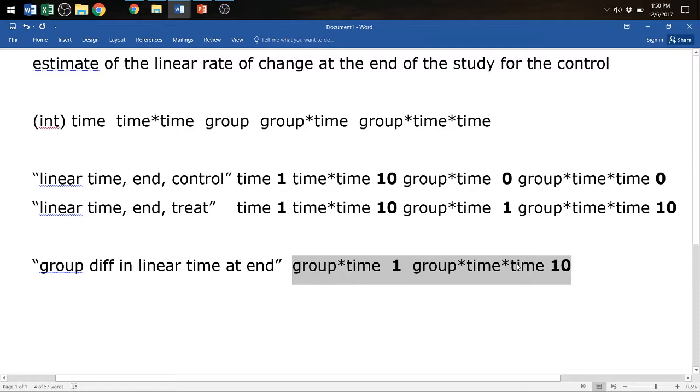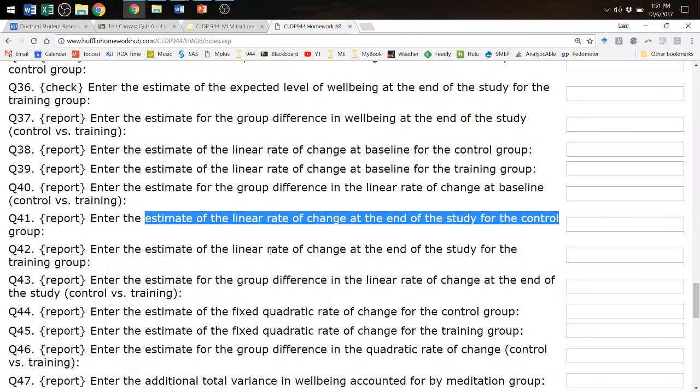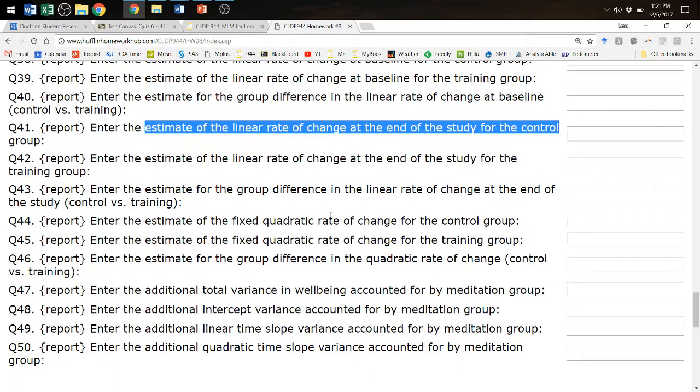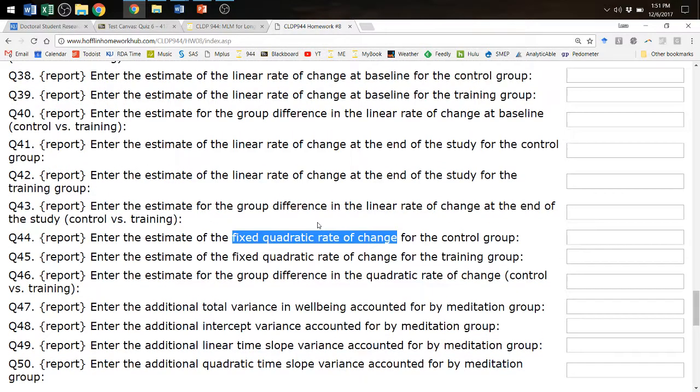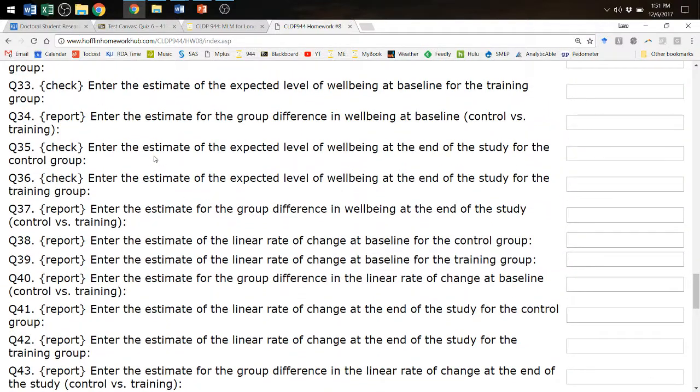So the trickiest part about this is not putting 5, it's putting 2 because it's quadratic. But otherwise, it follows the logic. The key thing that people have screwed up is they forget what the root is, it seems like. So if I say something like, the estimate of the fixed quadratic rate of change for the control group, this is the root. Fixed quadratic rate of change. That is the time by time term. If I have an estimate of expected level of well-being at the end of the study for training, the root is expected level of well-being,